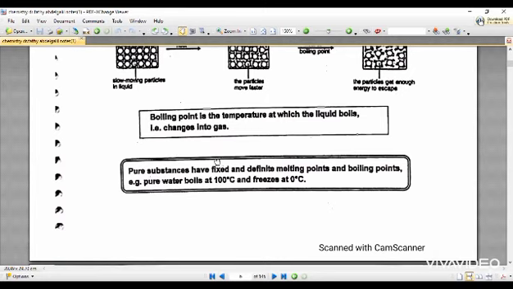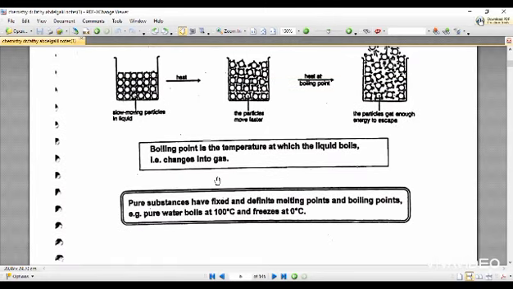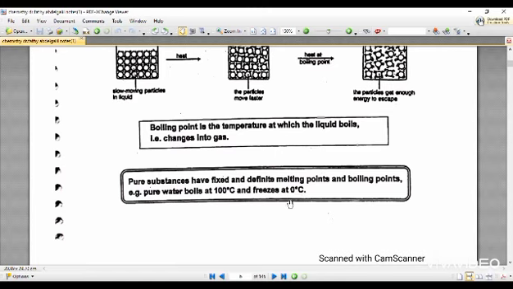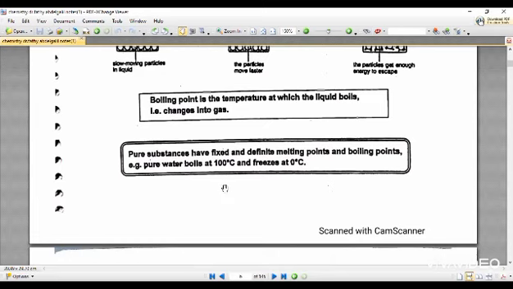But I need you to know that melting and boiling points are used to identify a substance, because each substance God created has definite melting and boiling points. Like, for instance, pure water has a boiling point of 100 and a melting point of 0 degrees Celsius. Yes, another substance will have another melting point, another boiling point. Each pure substance has a definite and sharp melting and boiling